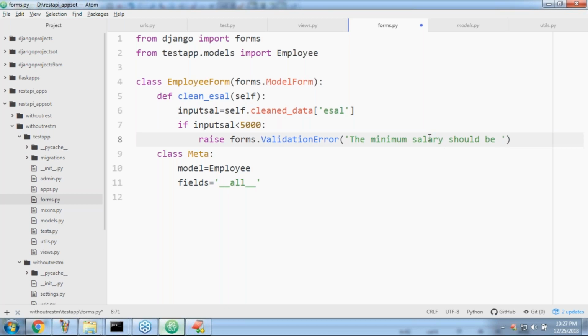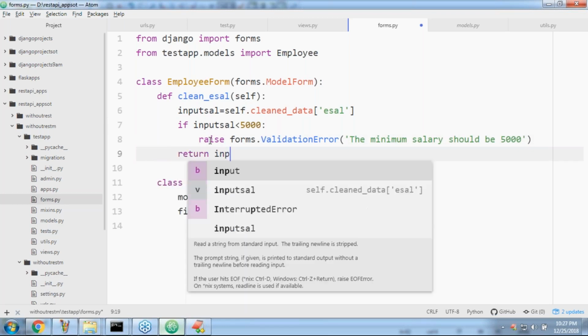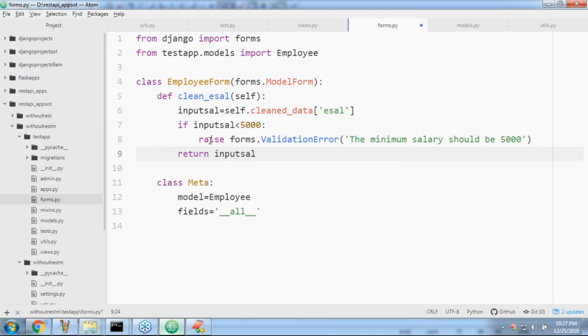The minimum salary should be 5,000, like this I'm taking, sir. If it is not less than that, simply return input salary as it is. That's all. This is the way to implement validations at a field level.